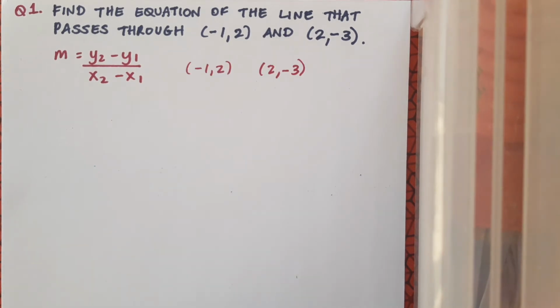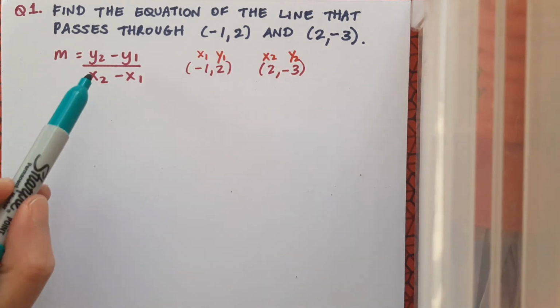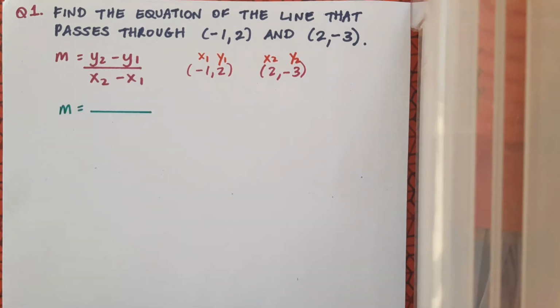So clearly that's minus 1, 2 and 2, minus 3, and I'll label these before I fill in. So I've labelled my 2 points, and now I'll substitute into the slope formula. With this, just watch out for your negatives. So on the top this time, I'm going to have minus 3 minus 2, and on the bottom, I'll have